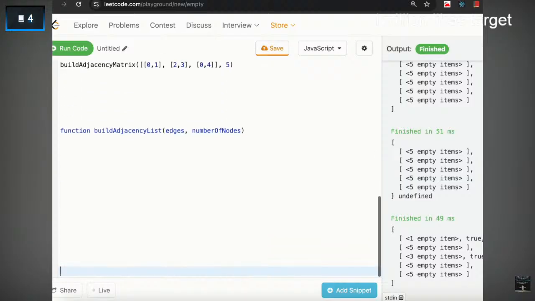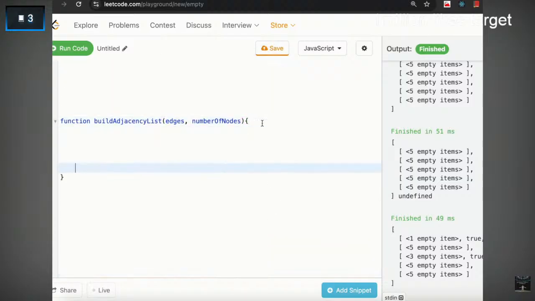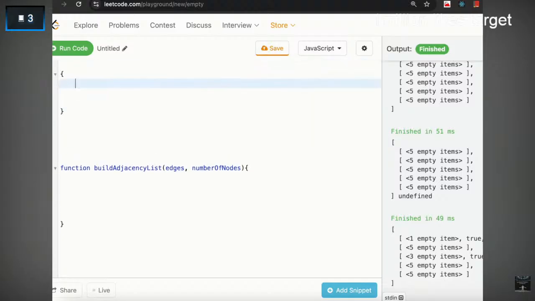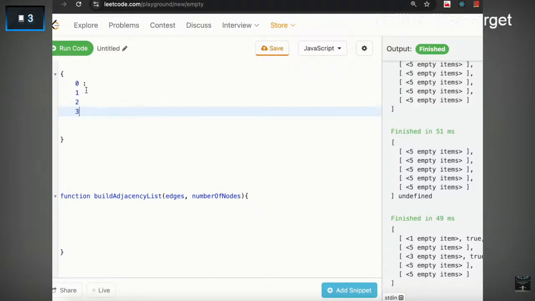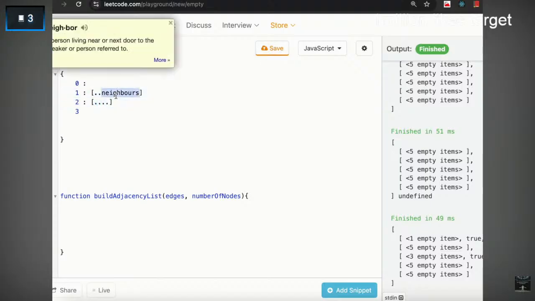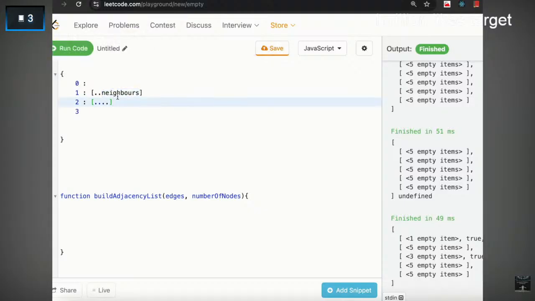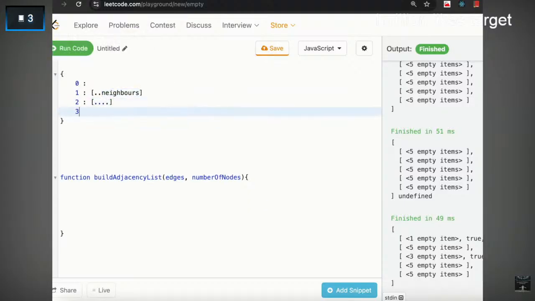तो अब हम इस पे फोकस करते हैं। तो सबसे पहले एडजेंसी लिस्ट भी हमें पता है कि इसको आप कैसे रिप्रेजेंट कर सकते हो। सबसे पहली बात है कि इसको ऑब्जेक्ट के फॉर्म में, ये एक ऑब्जेक्ट होता है जावास्क्रिप्ट में, और जैसा कि मैंने बोला था कि ये 0 हो गया, 1 हो गया, 2 हो गया, 3 हो गया, और हर एक के कॉरेस्पॉन्डिंग हमें एक नोड्स भरने हैं जो कि इसके नेबर्स होंगे, राइट। तो 1 के डायरेक्ट नेबर्स इसमें जाएंगे, 2 के डायरेक्ट नेबर्स इस एरे में जाएंगे, राइट। तो नेबर क्या हुआ, जिसमें डायरेक्ट कनेक्शन है। अगर 1 का जिस नोड के साथ डायरेक्ट कनेक्शन है एज के थ्रू, उसको हम 1 का नेबर बोलते हैं, राइट। तो ये एक एडजेंसी लिस्ट का रिप्रेजेंटेशन हो गया।